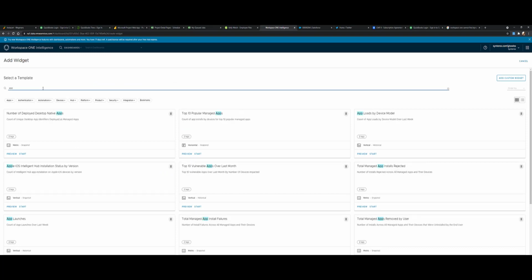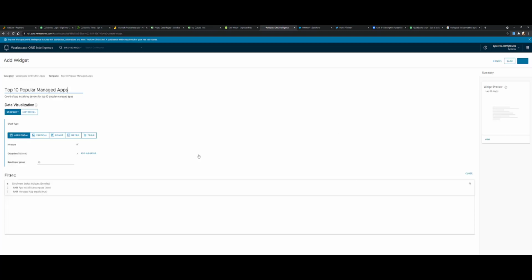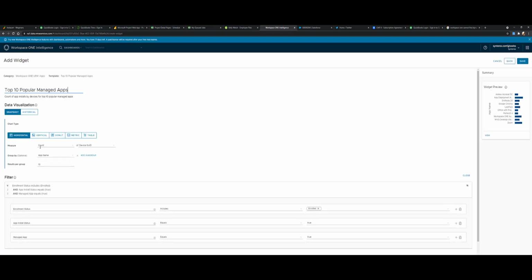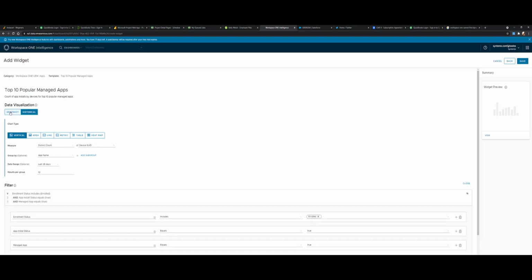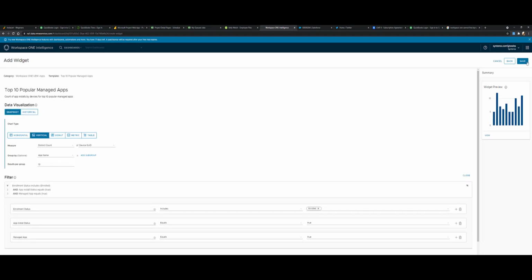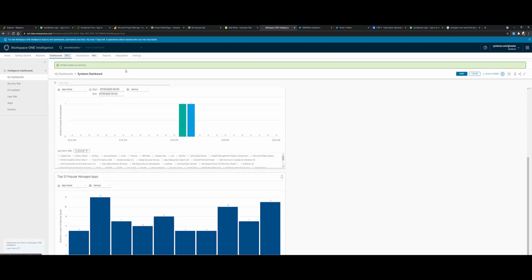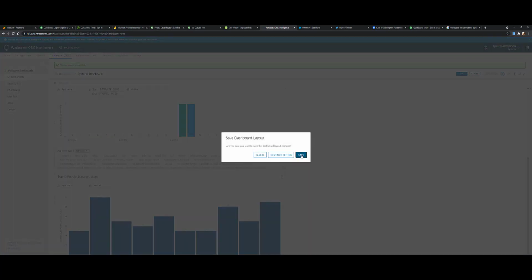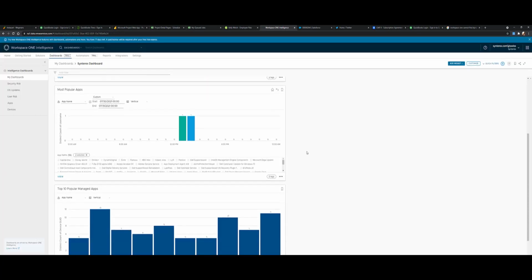And so let's go take a look at it in one of these. So the top 10 most popular managed apps, you can say count of device GUID. That's how they're figuring it out. App name and that. Historical, distinct count. So you can see distinct count is where they're focusing these on. Hit save. And you can see here